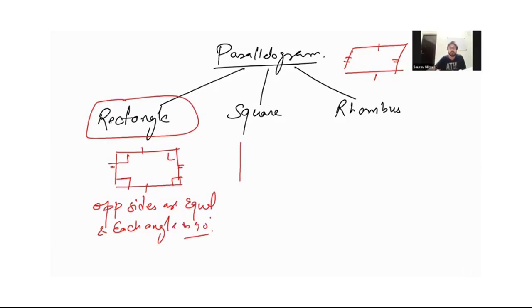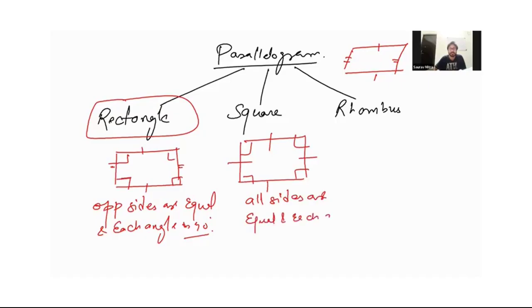In square, all the sides are equal. So a parallelogram in which all the sides are equal and each angle is 90 degrees. And in case of rhombus,